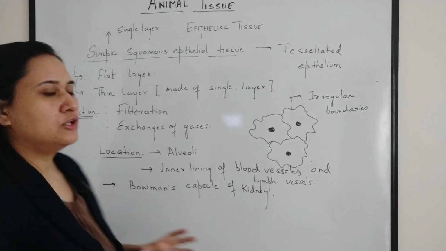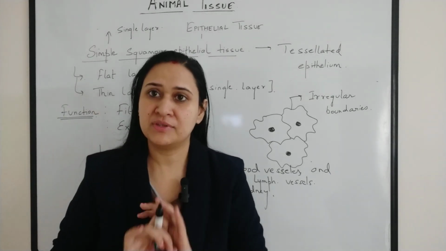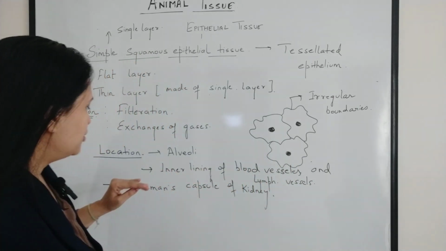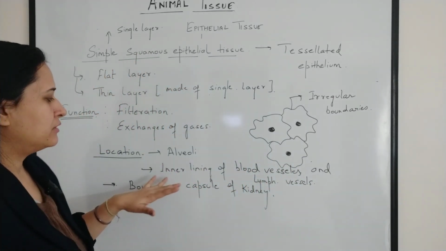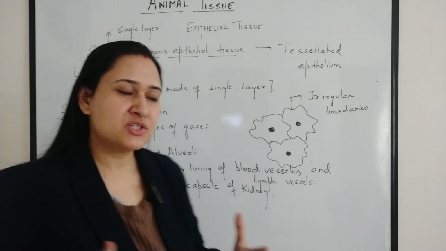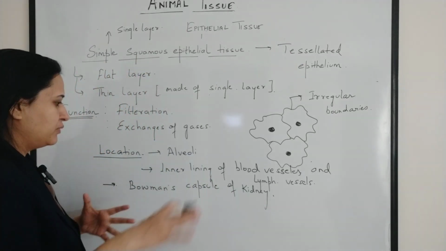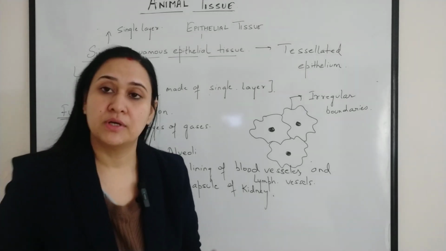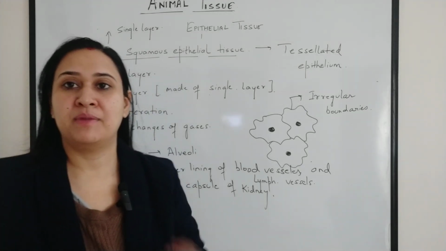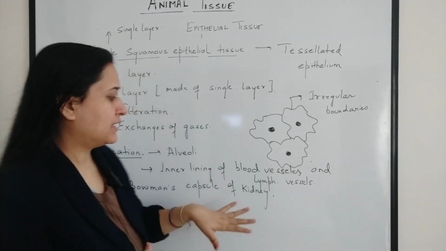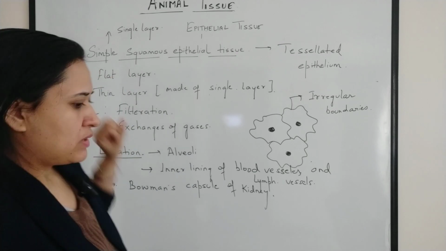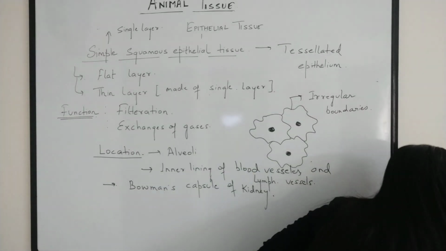So these are the locations where you will find this type of thin squamous epithelium: the alveoli, where the exchange of gases takes place; the vessels, from where materials exchange between the blood and the fluid of the tissues; and the Bowman capsule, from where the filtration of the blood and formation of urine take place in the kidney. Okay, now after squamous epithelium, let's talk about